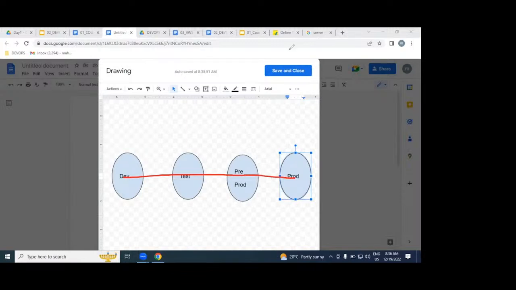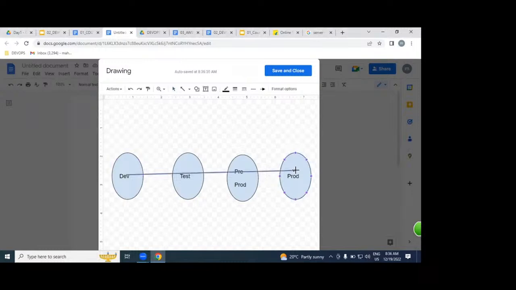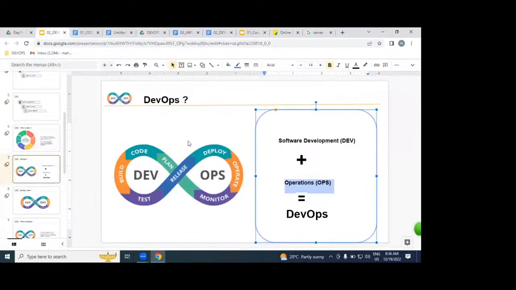But my point is, as a DevOps engineer, our roles and responsibilities start from the dev environment and end with production. It's nothing but operations, guys, please. That is the point I want to discuss with you.